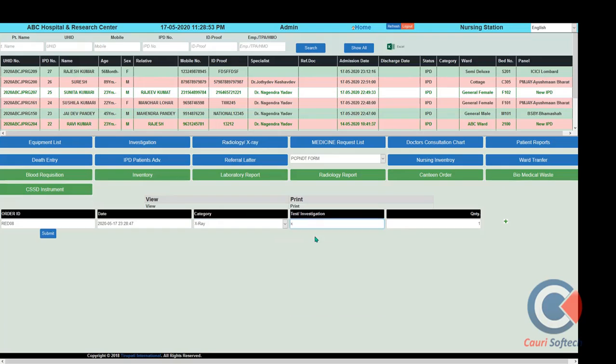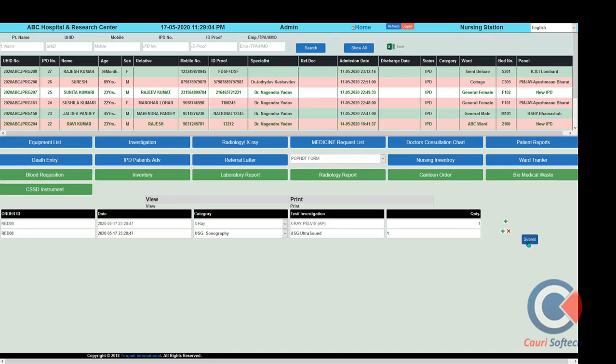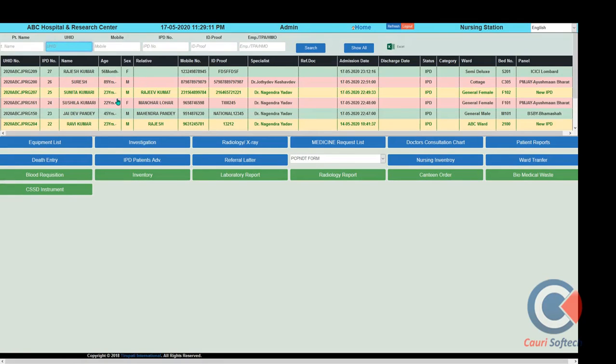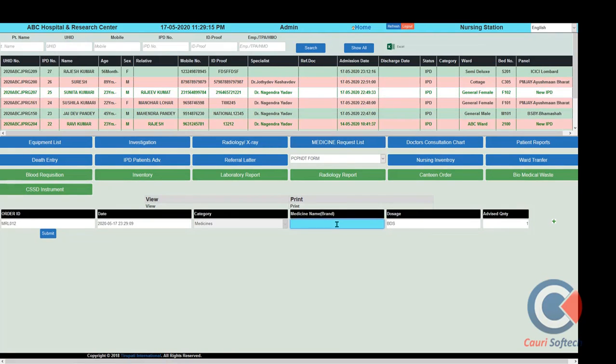So we can put it here; radiology services items are there. You can use USG services. USG services also we can advise to the patient, and this will be updated to the patient billing. And the further reporting system is the same as the OPD system. In the medical section, the medicines will be advised from here, and the medicine quantity will be advised here,